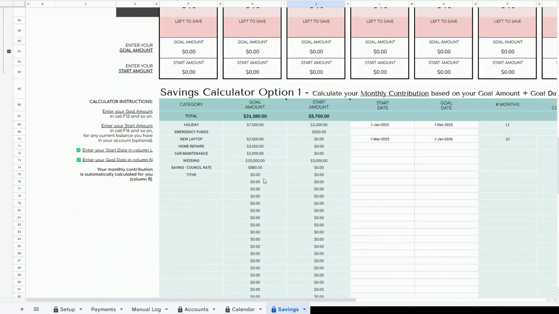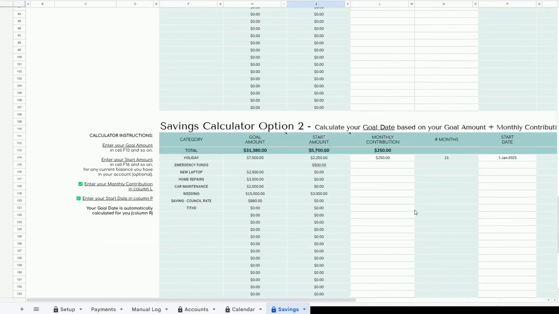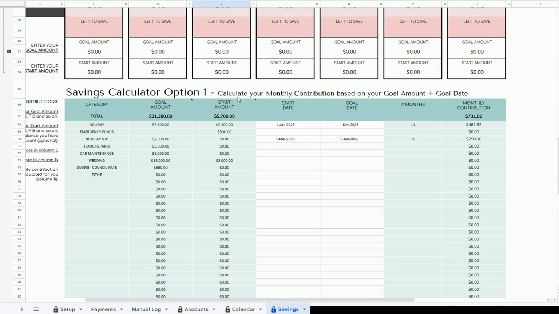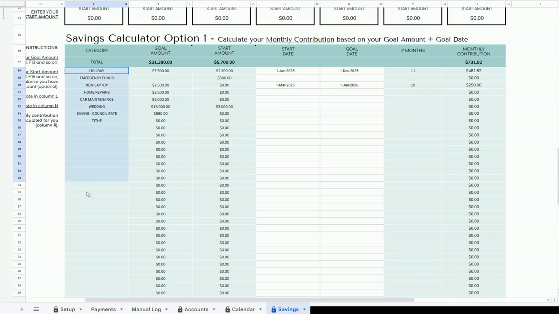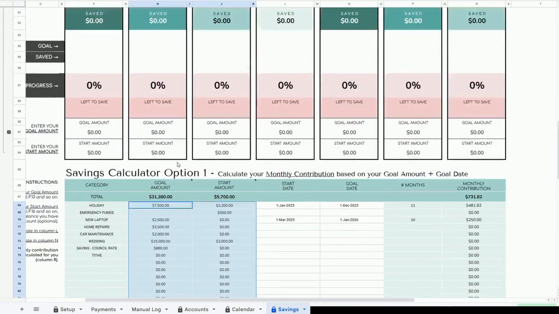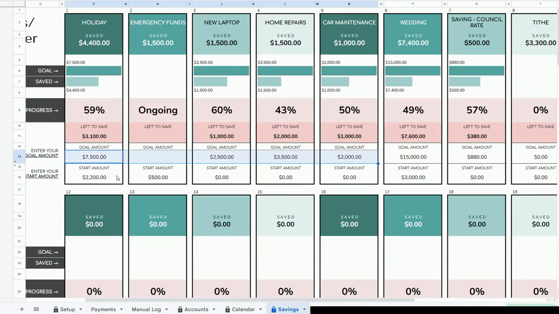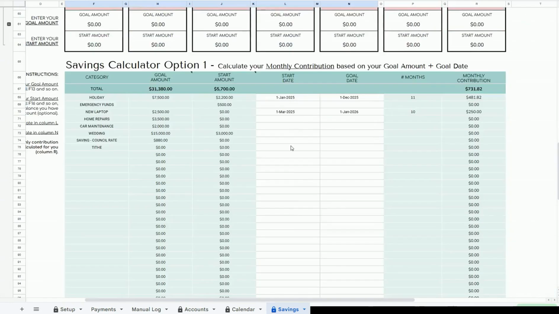There is a Savings Calculator Option 1 table and Savings Calculator Option 2. The first one is to calculate your monthly contribution based on your goal amount and goal date. So your savings categories will be automatically displayed here, the same with your goal amount and start amount. Remember to input these, you can enter them here and in this row here as well. You enter the start date and then the goal date. The number of months will be displayed here, and you can see the result, which is how much your monthly contribution is based on those